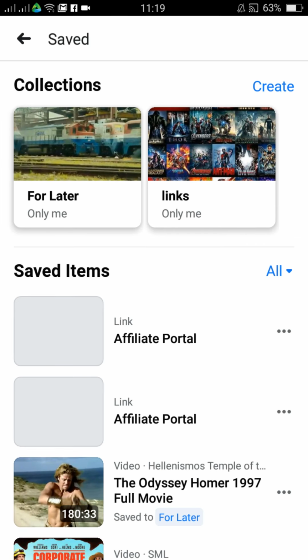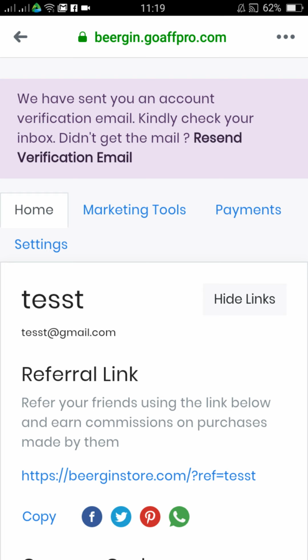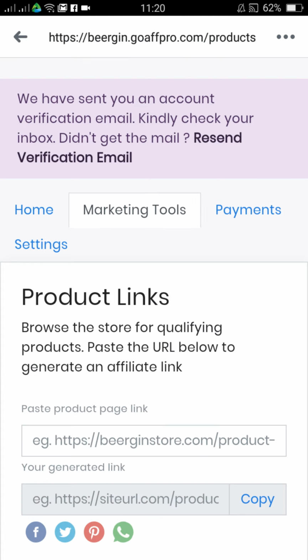Once we have tapped that, the very first thing that will appear on our saved items says their link affiliate portal. So we just need to tap that and it will enable us to go back directly to the affiliate program page. So once we're back on that page, we need to tap again on marketing tools, and then